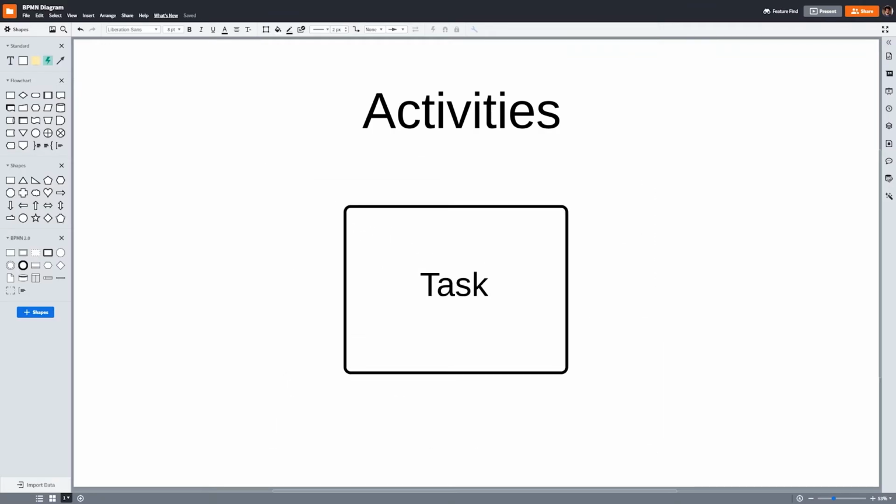A task is a single action that occurs in a business process, like mailing a letter or editing a draft of a news release. They are likely the most common shapes you'll see in a diagram because they represent actions performed by process participants. Remember that activities, like a lot of shapes in BPMN, can be further designated with icons to visually show important attributes, like message send or receive, user tasks, manual tasks, or service tasks, among others.